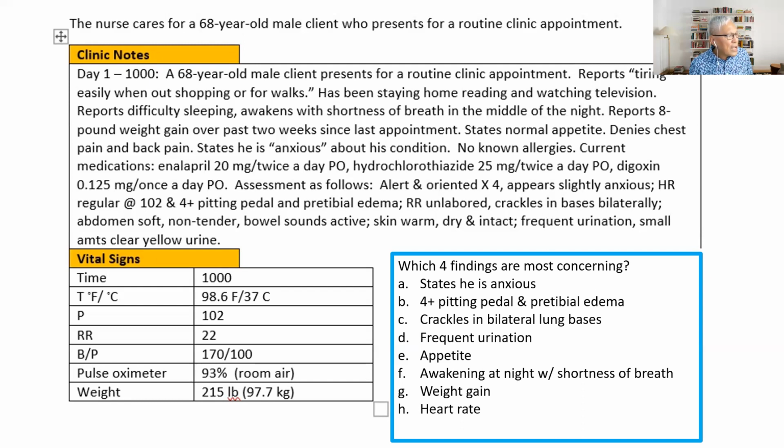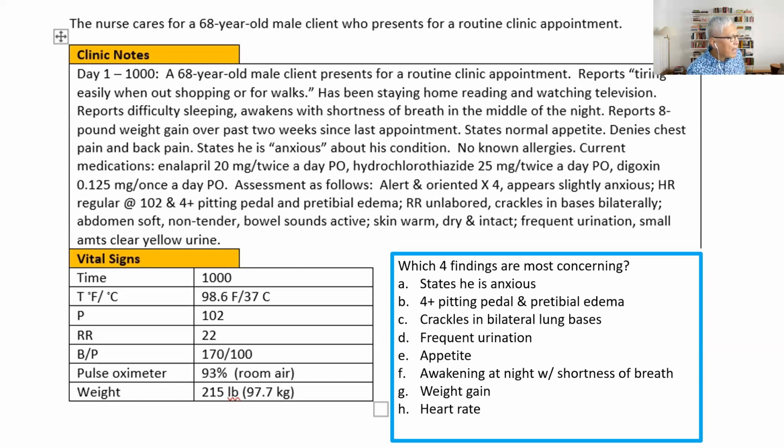Current medications: enalapril. What is enalapril? You remember? ACE inhibitor. Yes, okay, very good. And also hydrochlorothiazide, which is a thiazide diuretic, and digoxin. Assessment: alert, oriented x4, slightly anxious, heart rate 102 regular, 4+ pedal and pretibial edema, respirations unlabored, crackles